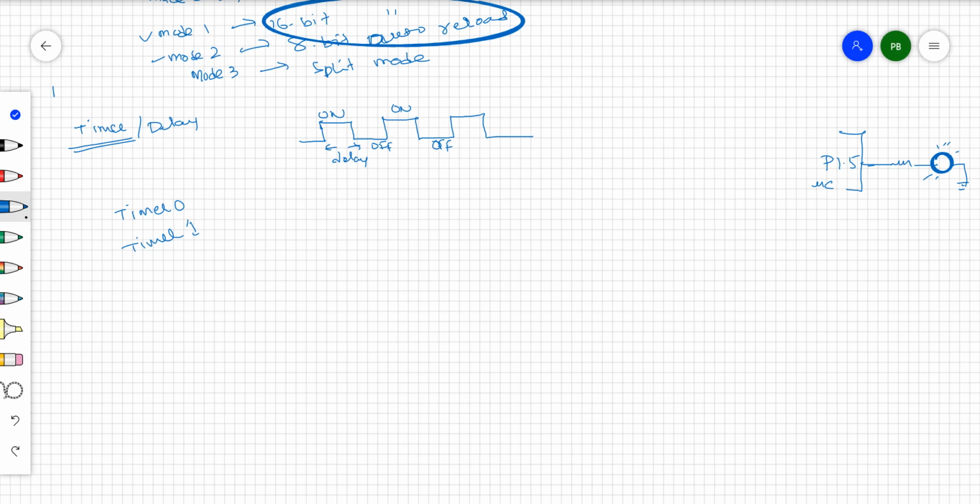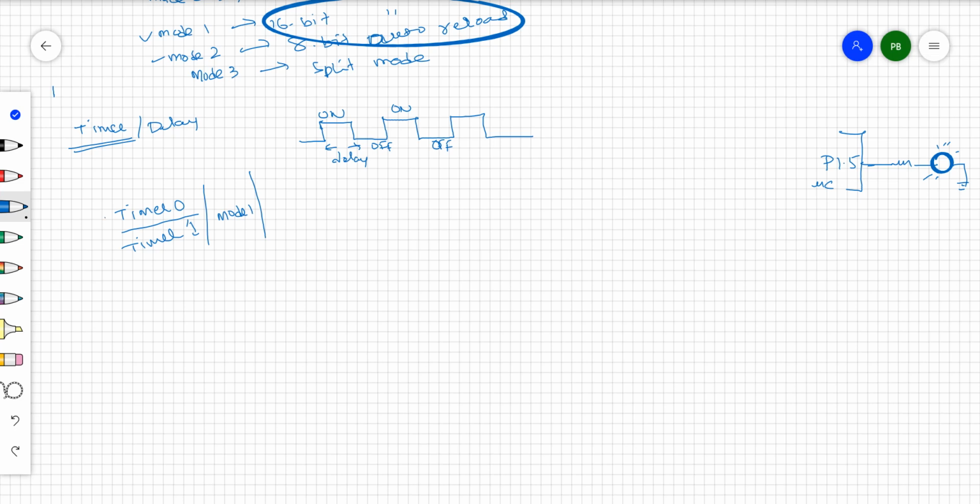If you want to use all 16 bits to provide the delay, that means you need to operate timer 0 or timer 1 in mode 1 operation, right? Mode 1, total 16 bits for the delay generation. So two things: you can use timer 0 or timer 1, and you need to control it in mode 1 if you want to use all 16 bits, in timer 0 or timer 1.